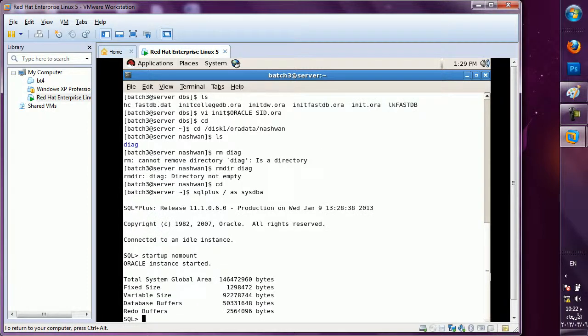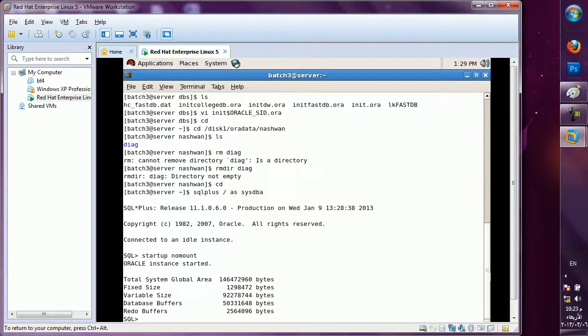Yeah. See, the instance is created now. Oracle instance is started. My SGA size, I told you that automatically Oracle will initialize its own memory size for the first time. You can change it, no problem, but by default it is there. See, variable size, database buffers, redo buffers, for all these things it has initialized some memory. What we have learned, redo buffer, database buffer, these are all my SGA parts. So my instance is created properly.